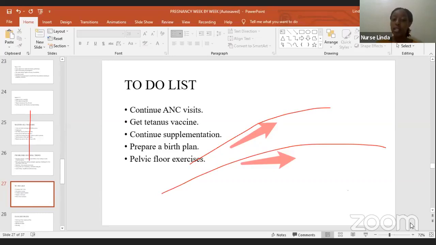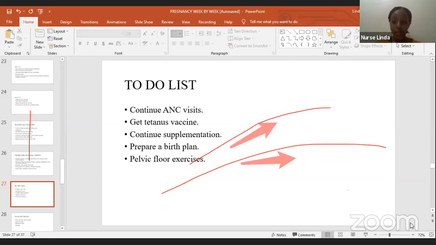At this point, they also need to start their tetanus vaccines. Tetanus vaccine is very important for both the baby and the mother. And tetanus vaccine is given at 16 weeks of pregnancy. In the first trimester, we said we are avoiding any drug that is not necessary so that we are not affecting the development of the fetus. So tetanus vaccine will be given when you attend your ANC clinic from the 16th week. It will depend on the number of pregnancy you're in. And now that will determine the number of tetanus vaccines you will be given.